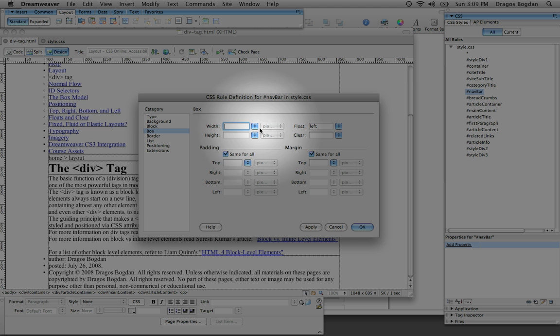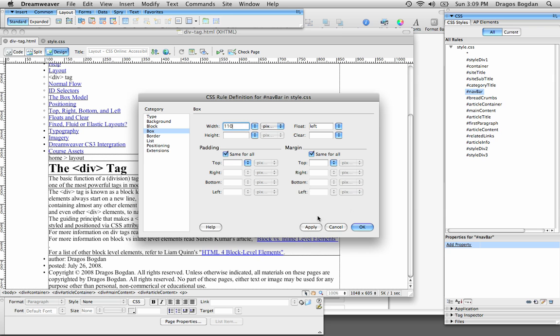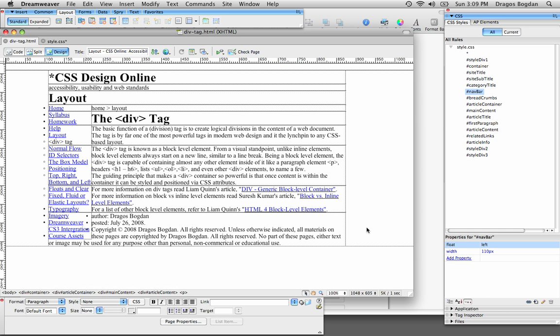Now, in most of the videos you saw, I don't use it. I just go right into the code view and just start typing the property that I need. Okay, look at that. Let's see what we got. Let me save my style.css, and